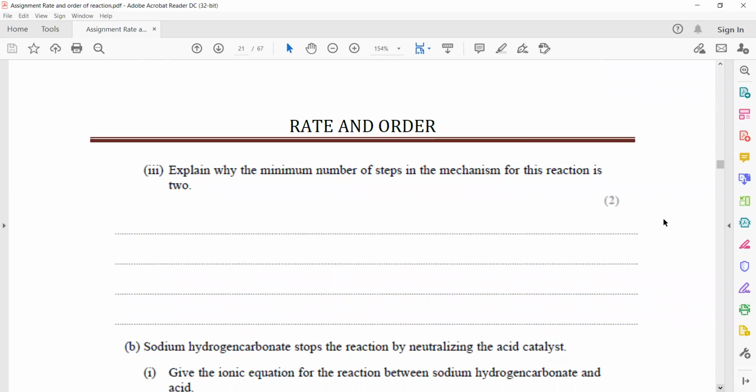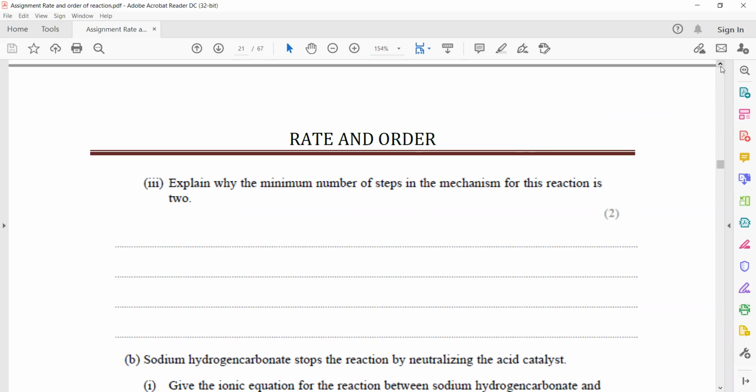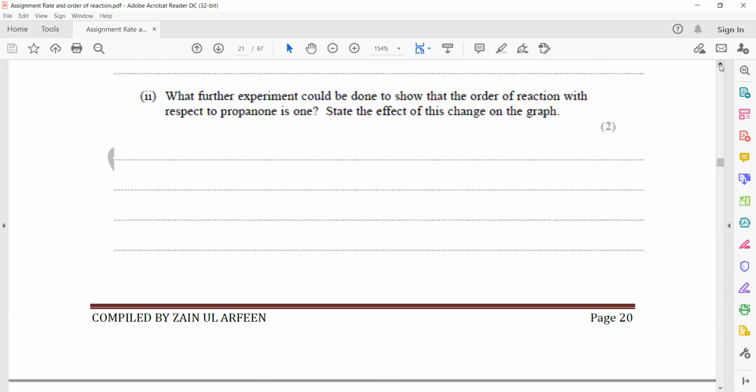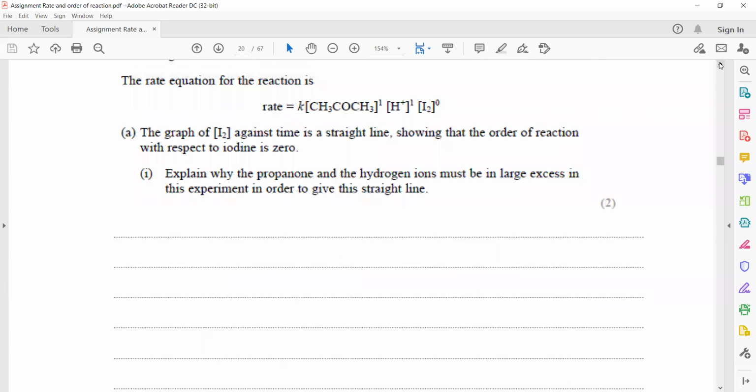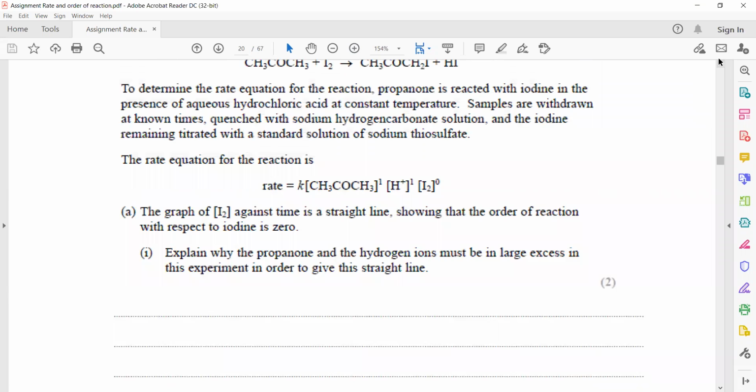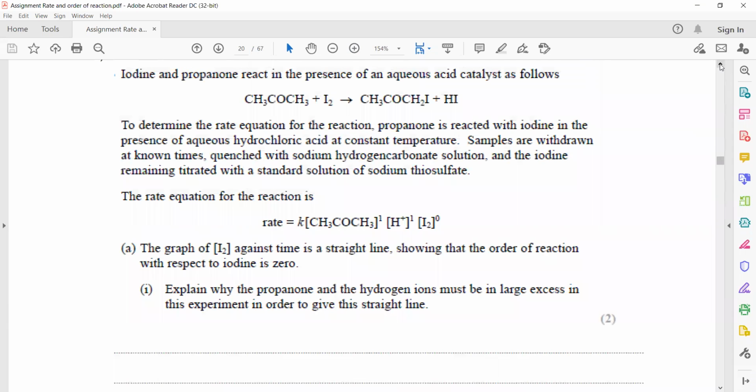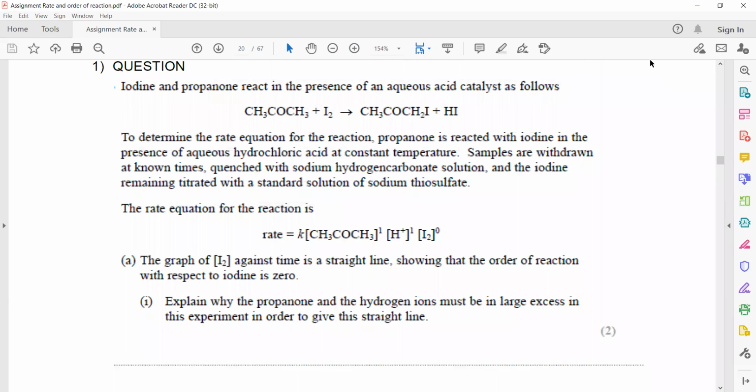Explain why the minimum number of steps in the mechanism is 2. So why it is simply not a one step reaction, why it is having multiple steps, 2, or it can be more, but here in this example it is having 2. So as you can see here, the original reactants are not involved in the rate